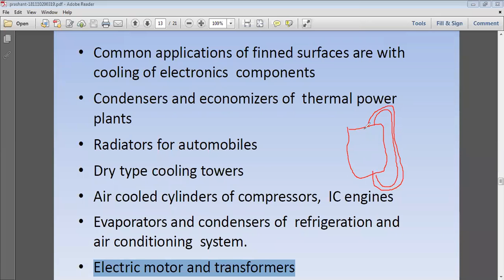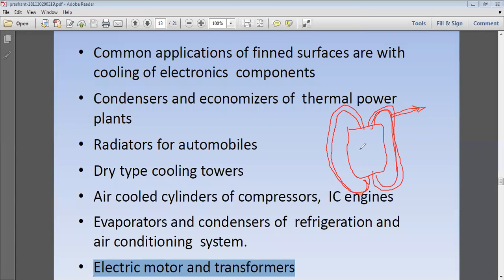The transformer oil extracts the heat from the power supply, and that oil gets heated up. This hot oil is circulated in the tubular section. These fins will be exposed to the atmosphere, and they carry the heat to the surroundings. Continuously it carries the heat to the surroundings while cooling the oil.